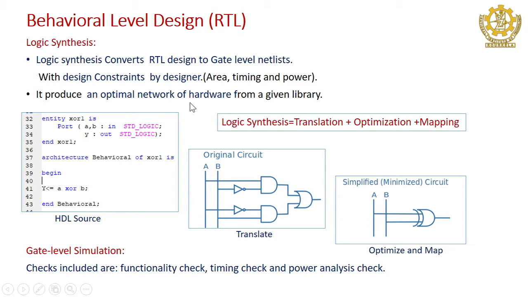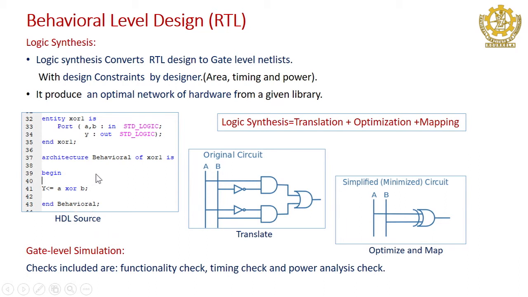Understood? We can understand this in a better way through these figures. Let us say I have written a code for XOR, and I assume that it is written in VHDL. It is a simple code. Entity is used to define the name of the entity as XOR 1, where A and B are the inputs and Y is the output. The architecture defines the functionality of the design, where A and B are XORed through a primitive gate available in VHDL, and finally we get a result at Y. So, I will say that this is my HDL source.